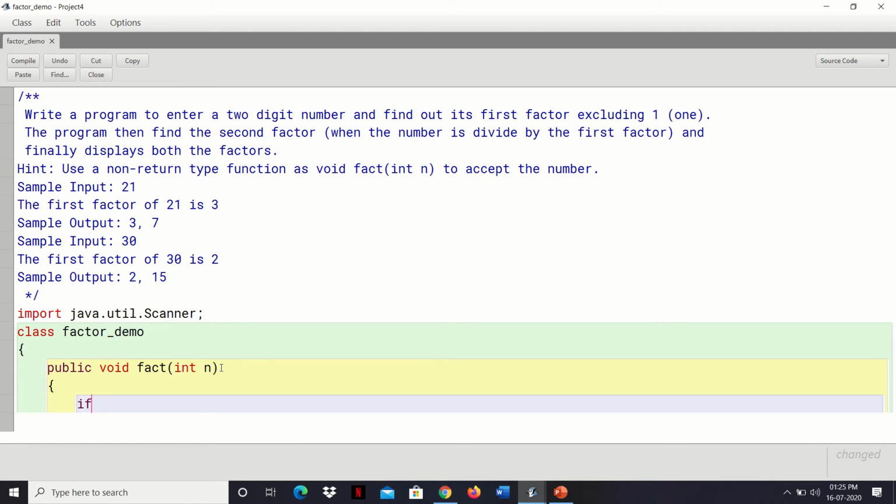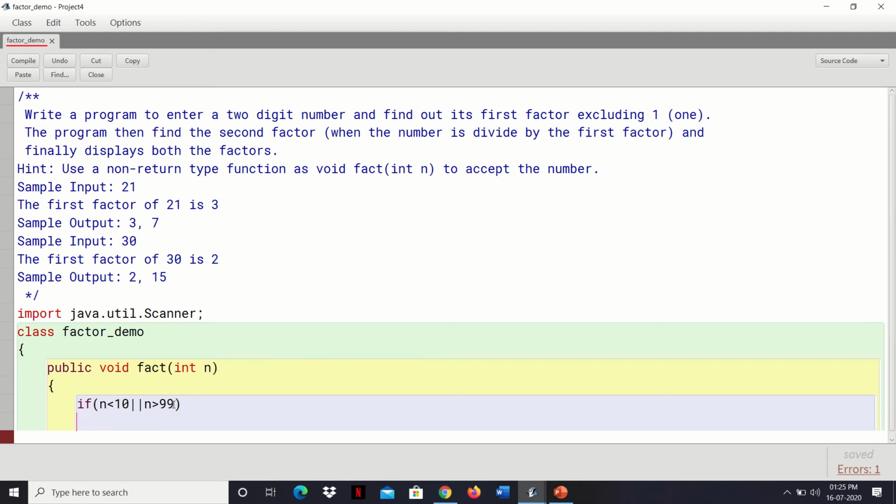So we will write an if condition: if n less than 10 or n greater than 99. Less than 10 means it may be single digit, and greater than 99 means triple digit. If so, we will print a message over here.